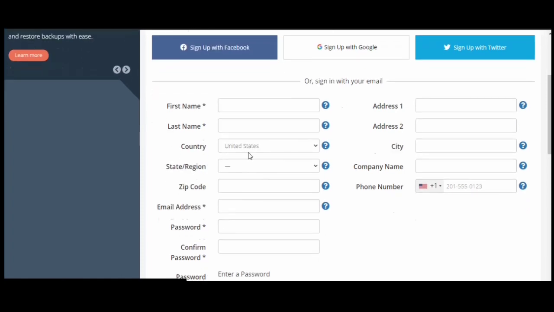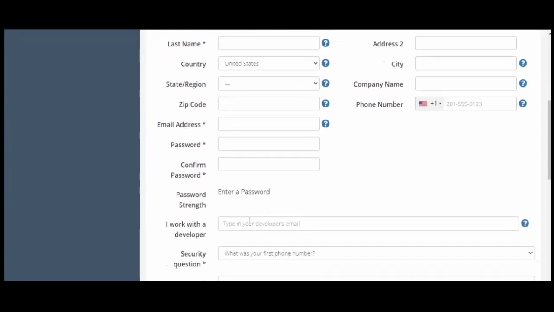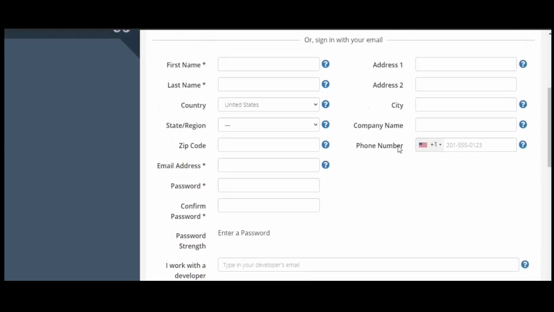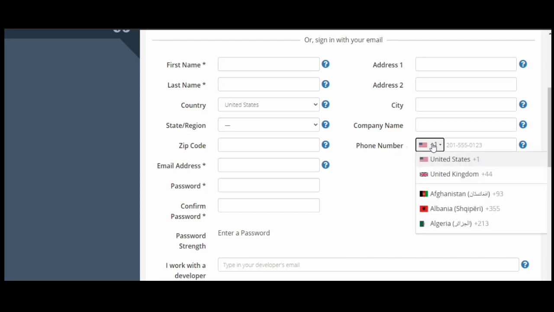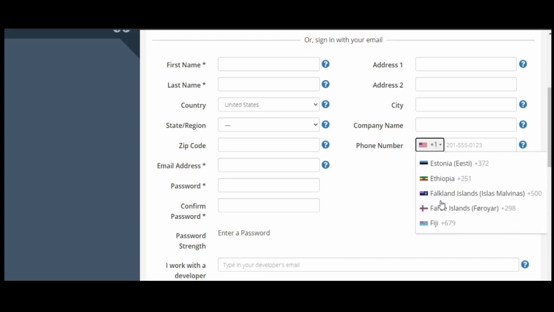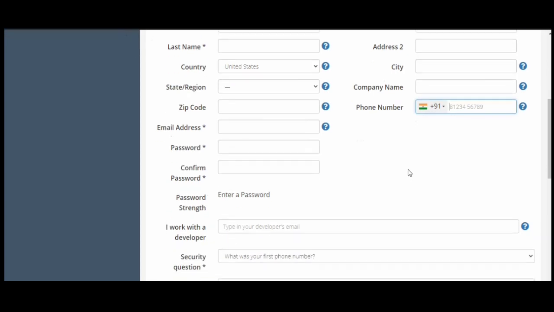Here you have to enter first name, last name, country, state, region, zip code, email address, city, company name and phone number. Over here select India, and enter your number.